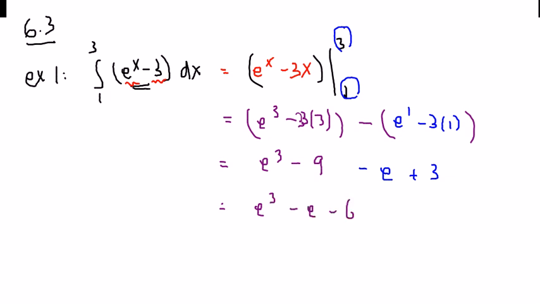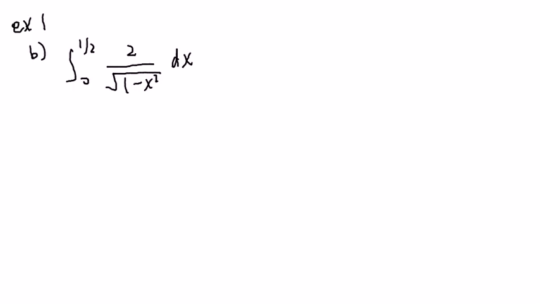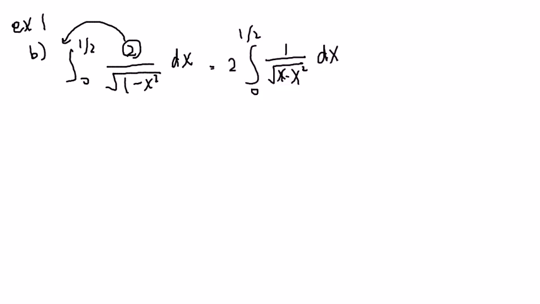Now for example B, we have this. Just like when we take the derivative of functions with constants, you know how we kind of just ignore that for a second? Well, I'm going to do that too. I'm going to throw that out to the front, so now this is 2 times the integral. Which then I notice from our chart on the previous page, the antiderivative of this is